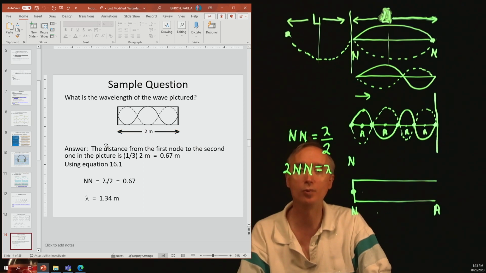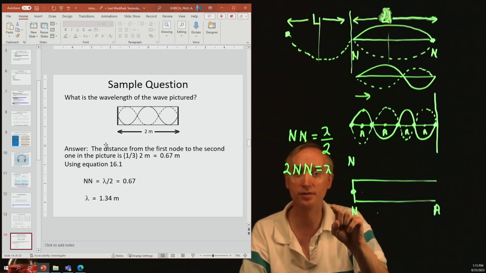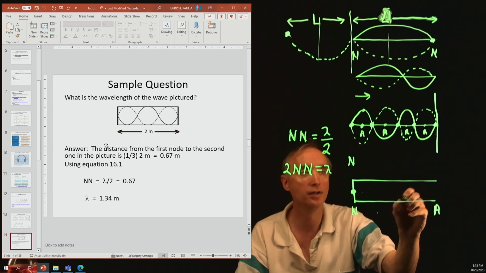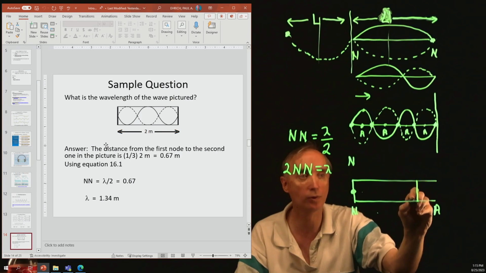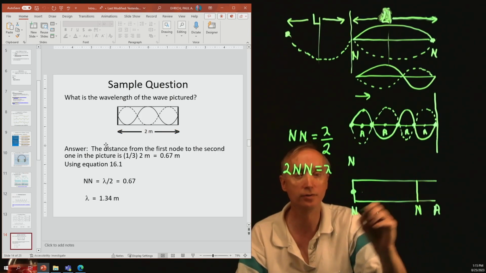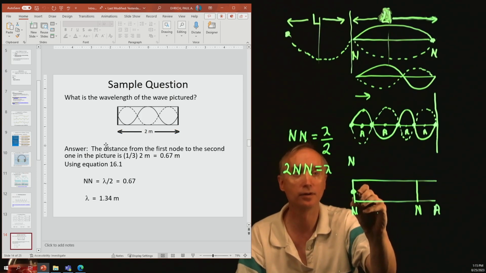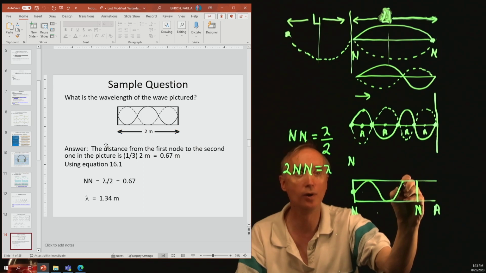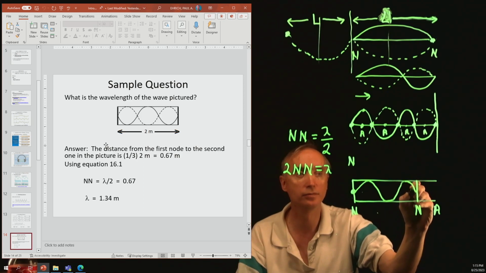And so now what we want to know is the distance from the first node. So again, let's say that this is what we're talking about. Here we got a node, and then we've got a node over here, and it's got 3 standing waves in it,